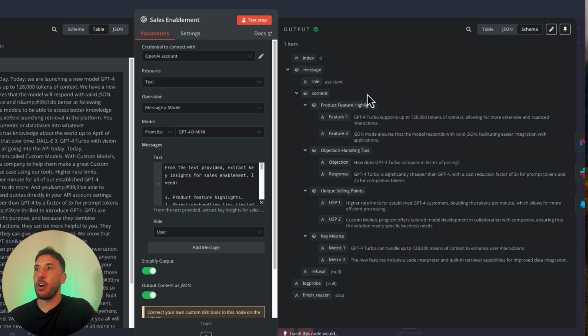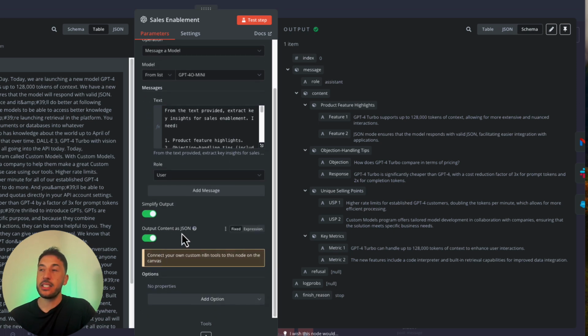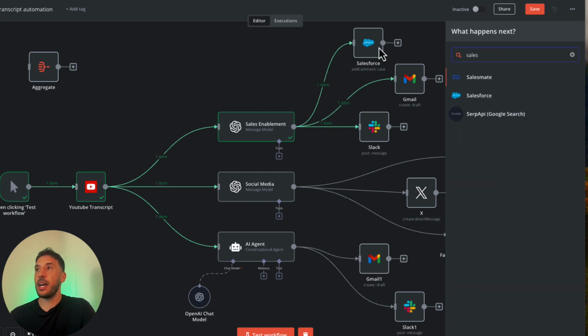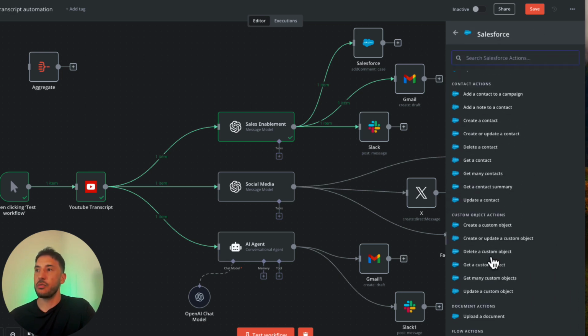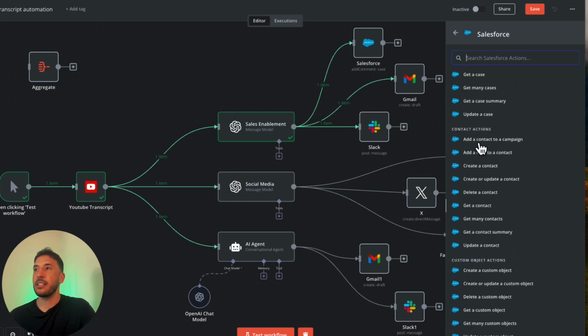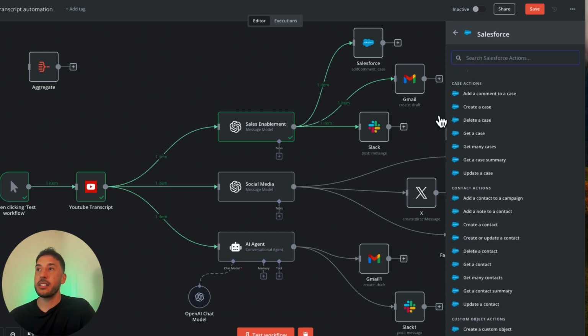All right, so now that we have all of this and we're outputting this as JSON, that way, if you want to, for example, say, hey, for my objection handling tips, I want to grab this and add it to my Salesforce, or whatever your CRM is. So if you want to be able to, for example, add that to an opportunity, the way to do that is you can just click whatever your CRM is, right? You can have Salesforce, you can have HubSpot, or whatever you're using. For Salesforce, they have all these different great functionalities, like uploading a document, getting a contact, creating a summary, or getting a summary. In this case, we'll be able to add this to our opportunity, right?